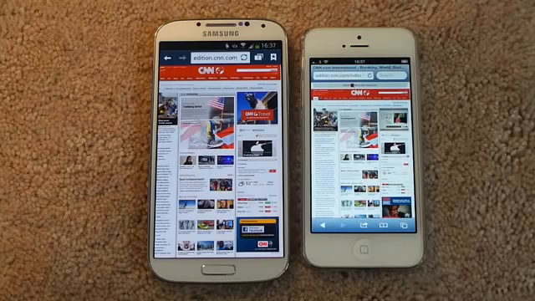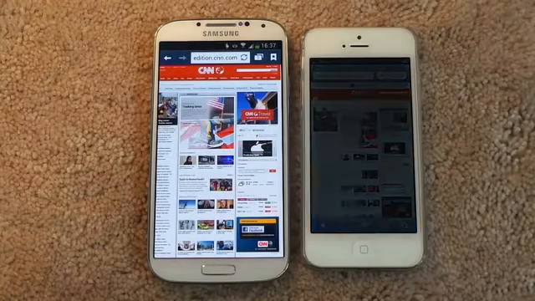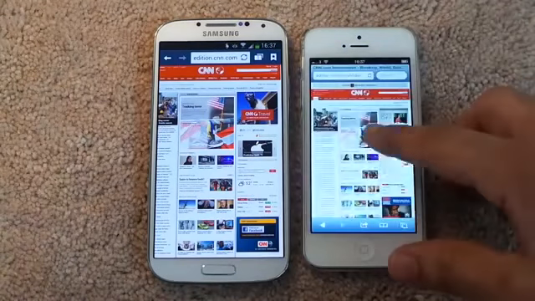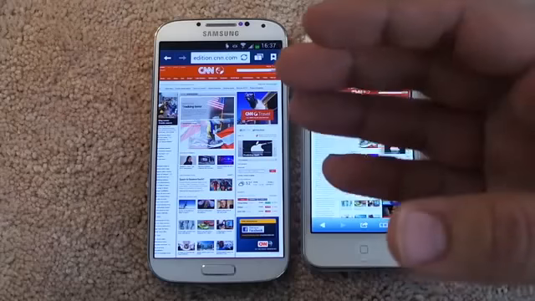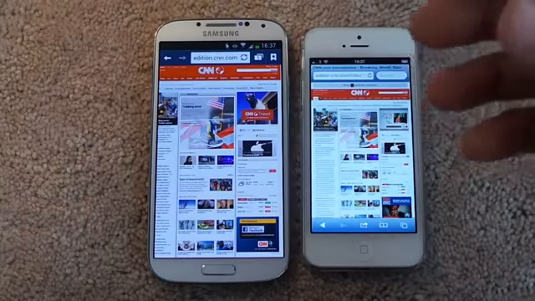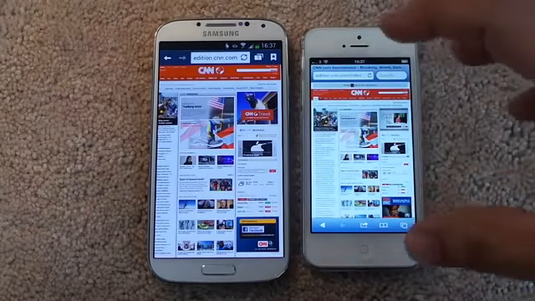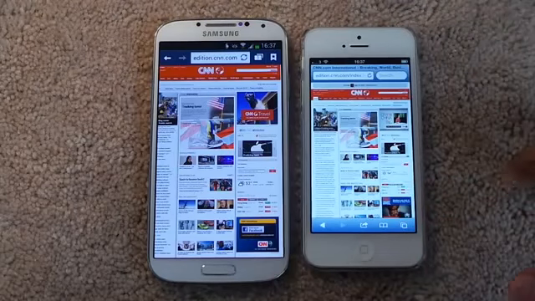So guys, after opening several websites on both of these devices, I have come to the conclusion that at some of the sites S4 performs really quicker in comparison to an iPhone 5, and in some of the sites I have seen that an iPhone 5 outperforms Samsung Galaxy S4. There is no denying that air gestures and Air Gesture features on Samsung Galaxy S4 make browsing more convenient for users in comparison to an iPhone 5, and I hope Apple is going to make something really useful on an iPhone 5s